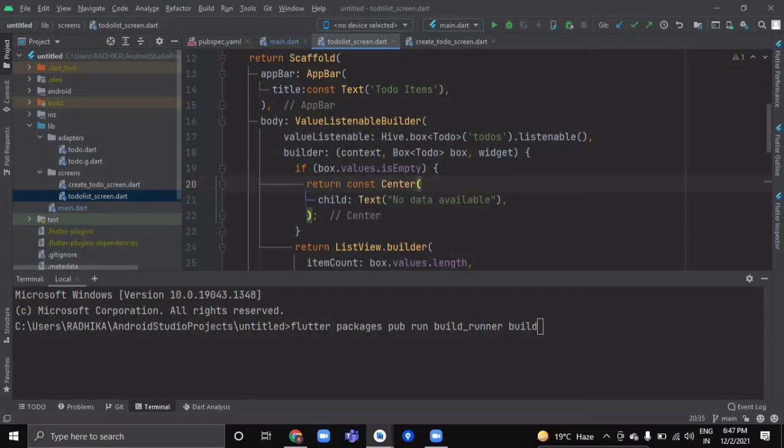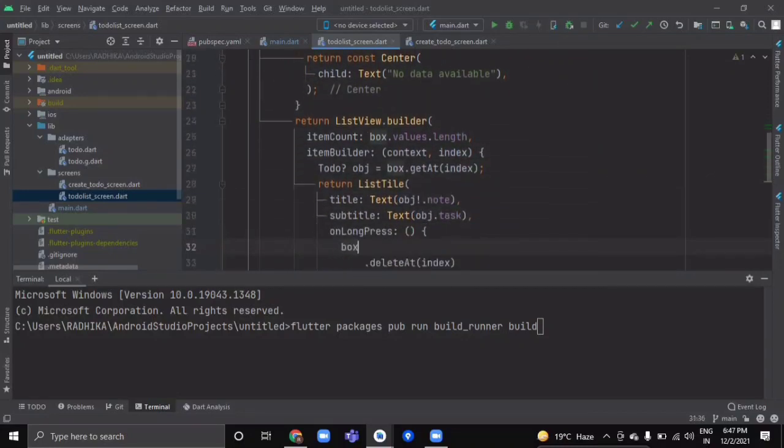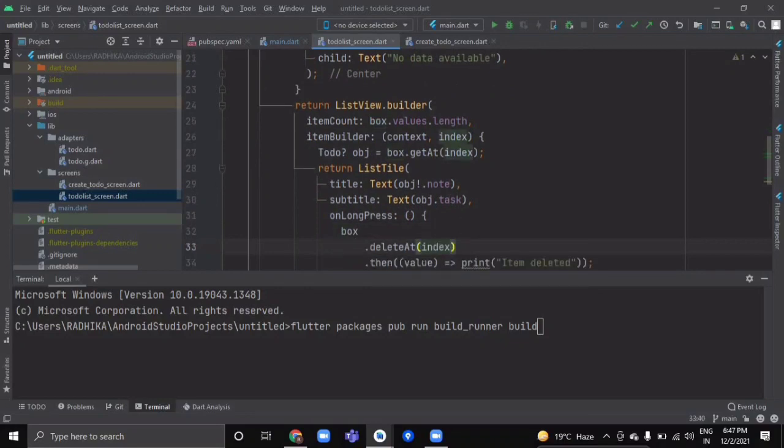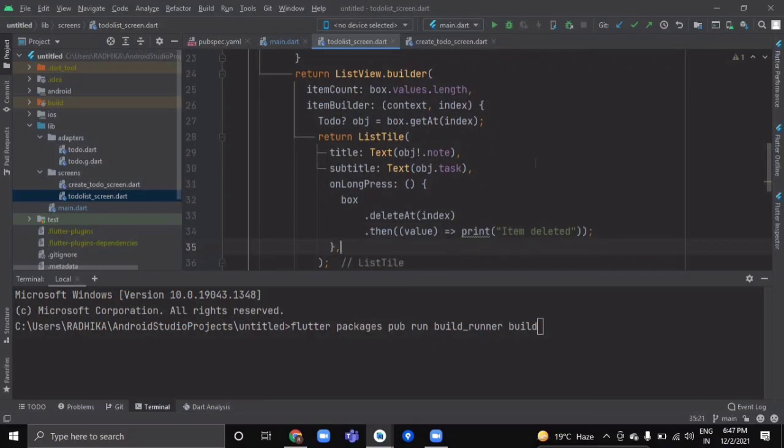So if box.values is empty, then we will show 'No data available' inside our Center widget. Else we will return a ListView.builder. We will provide it itemCount, which is box.values.length, and its itemBuilder, which contains 2 parameters, again context and index.